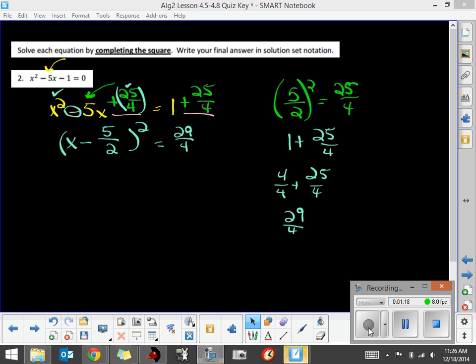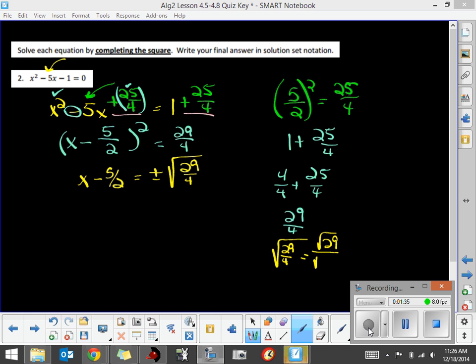So to solve it for x, we're going to undo our squaring. That means x minus 5/2 equals plus or minus the square root of 29/4. So again, I'm going to come over here and do a little thinking. The square root of 29/4 can be thought of as the square root of 29 divided by the square root of 4. And the square root of 29 doesn't have any perfect square factors in it, so that is done, but the square root of 4 is 2. So I'm going to replace that with square root of 29 over 2,